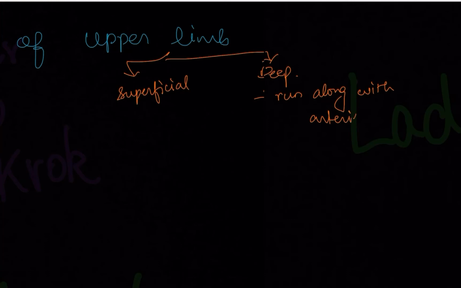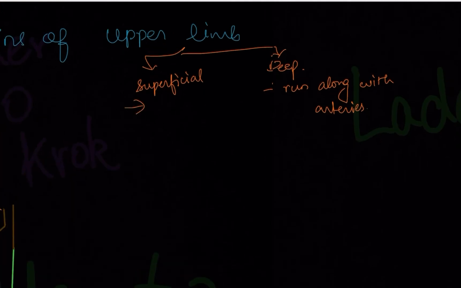We have done the arteries in the previous slide. So you have brachial artery, so you have brachial vein as well. You have radial artery, radial vein as well. Okay, so they run parallel to each other. First of all, we will be doing the superficial veins in detail right now.